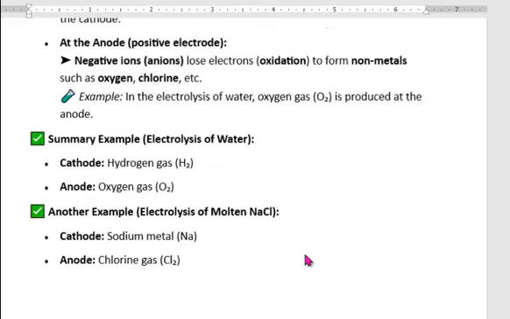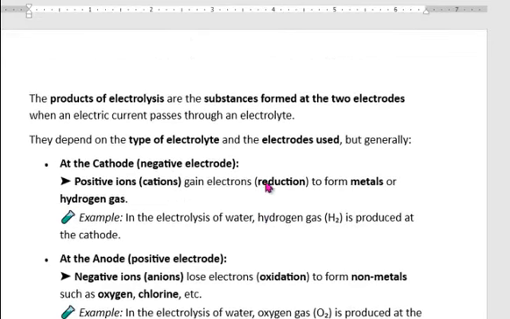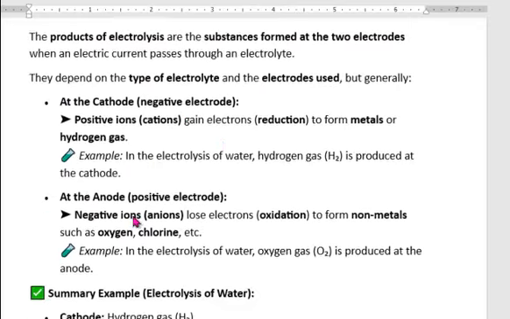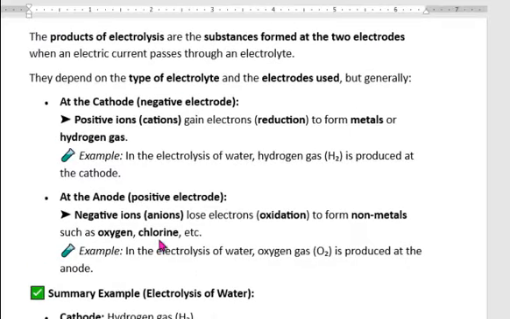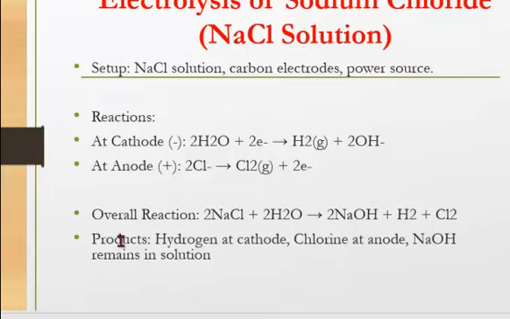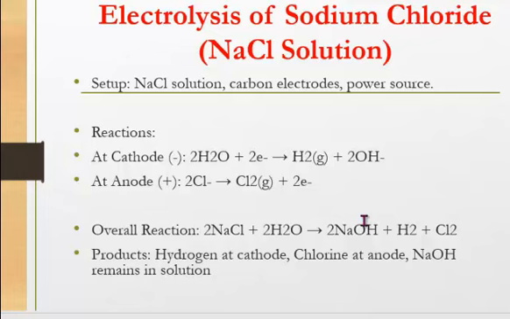Another example is electrolysis of molten sodium chloride. Cathode, sodium metal, and anode, chlorine gas. All these are what we refer to as the products of electrolysis. When the reaction is subjected to electrolysis, these are the products that are produced. So that is what we are trying to explain. You can pause the video and make sure you understand as we proceed. The summary of what we are saying here is explained in detail in the slide that you see